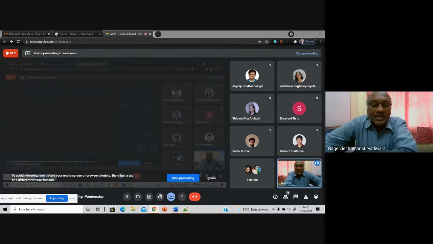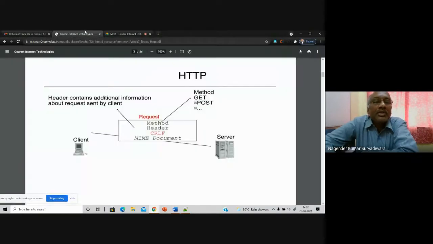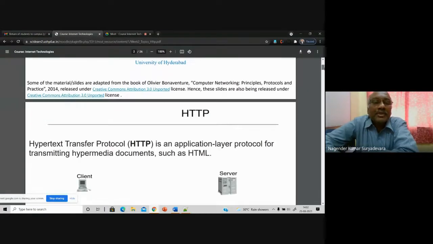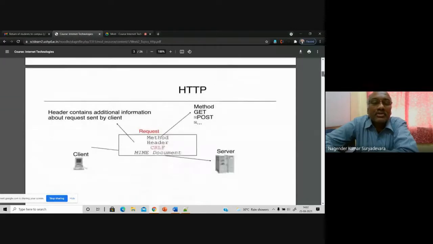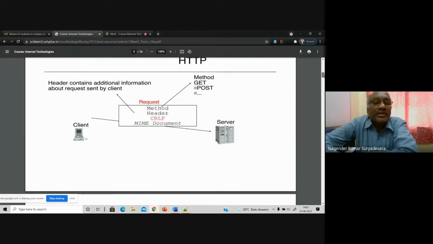HTTP stands for Hypertext Transfer Protocol, and it is used to transmit or communicate data across systems on the internet.